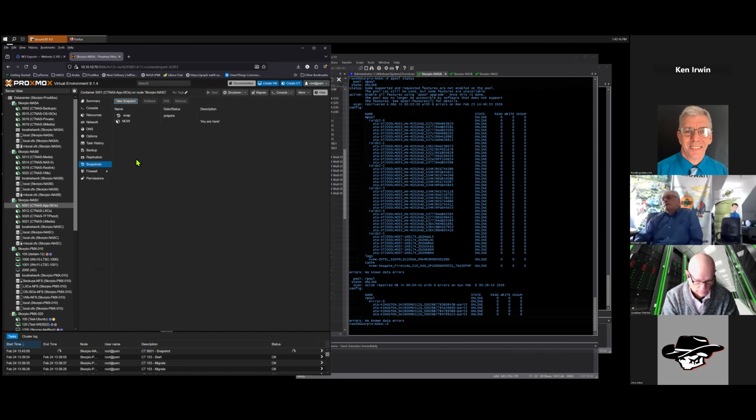This is different from a snapshot that involves a memory model for a virtual machine. You saw it was absolutely instant.